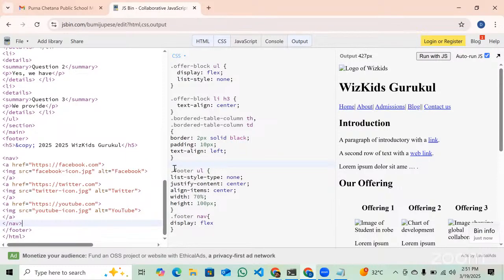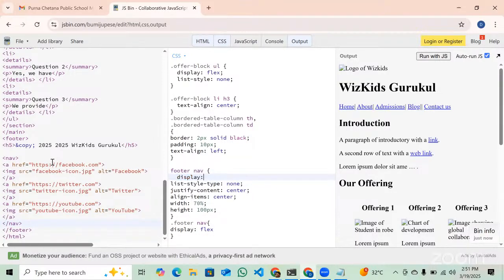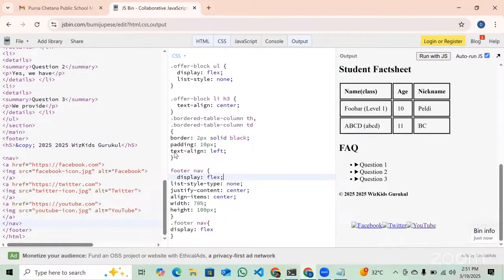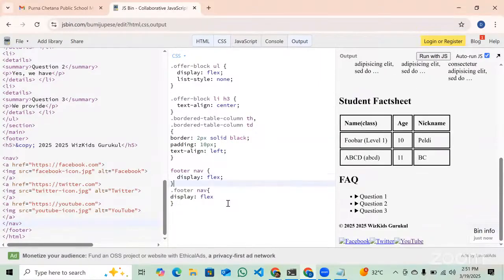We can just directly target the footer tag. So here we can say footer nav display flex. And footer nav A